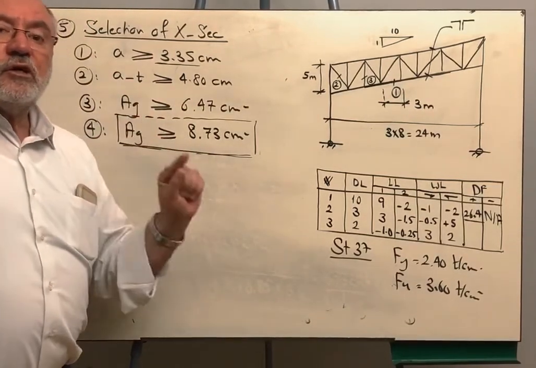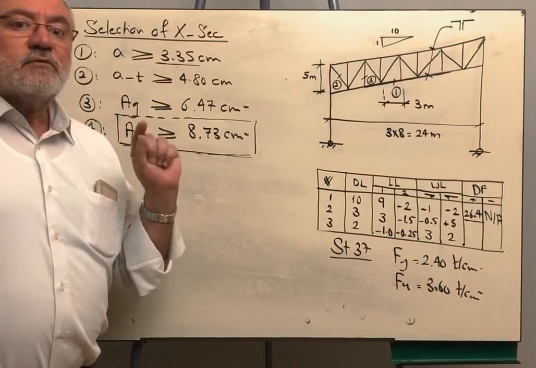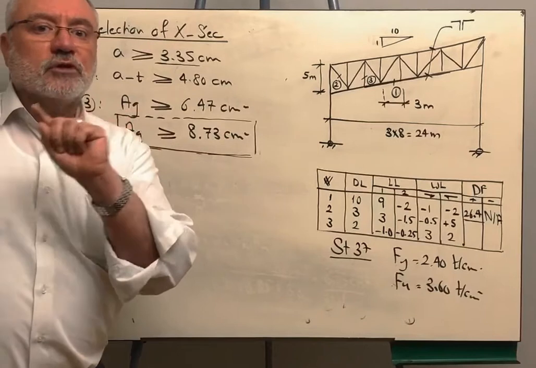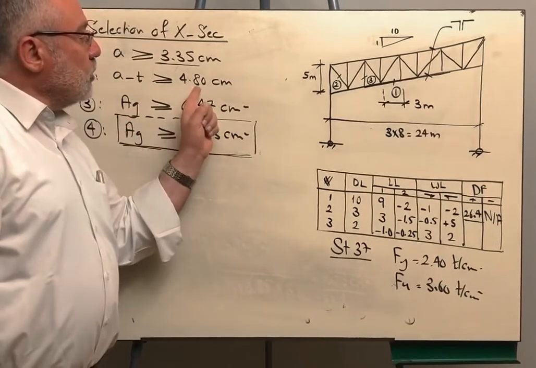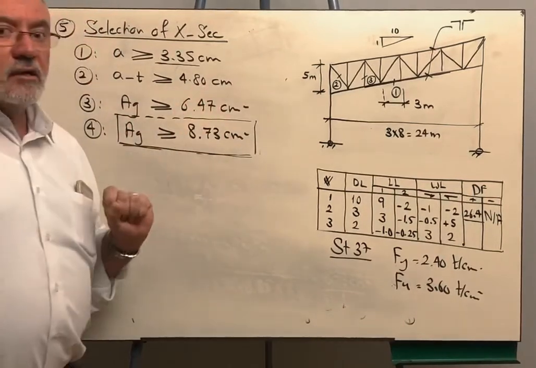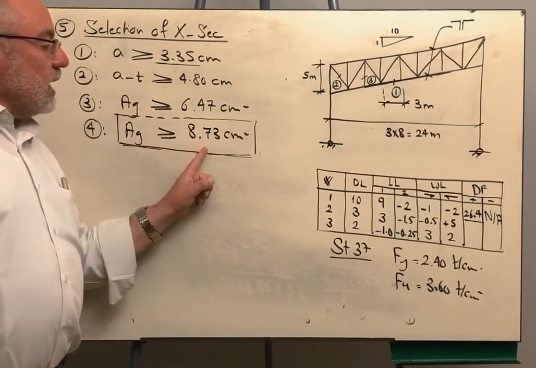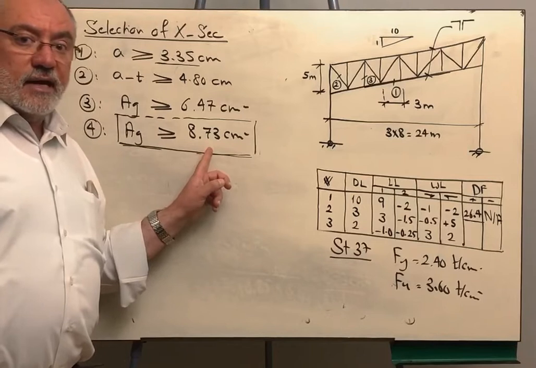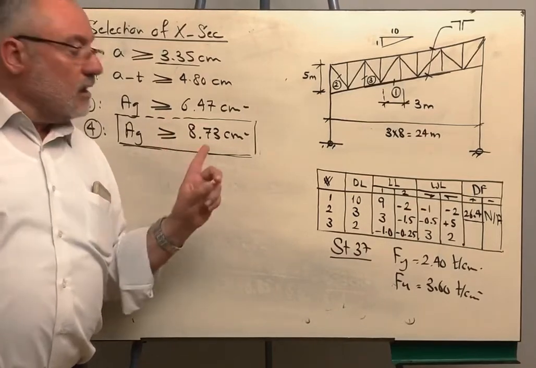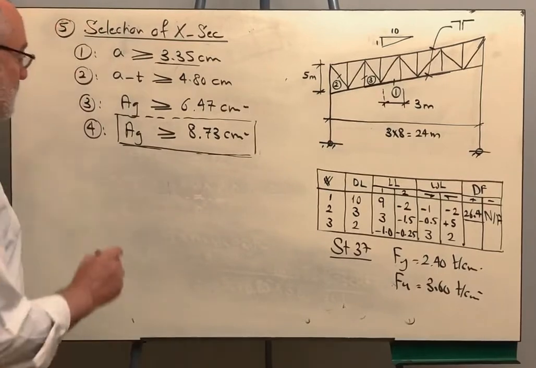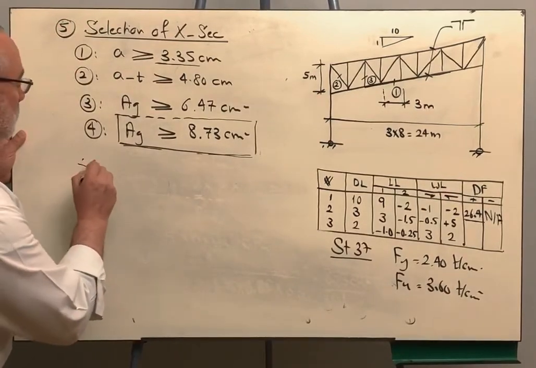You will find that the first angle in the table is 55 by 6 because 55 minus 6 gives 49 millimeter, which is 4.9 centimeter, bigger than the construction condition. And if we search for the angle that satisfies the area, you will find the first angle that satisfies the area will be angle 60 by 60 by 6. Therefore, use